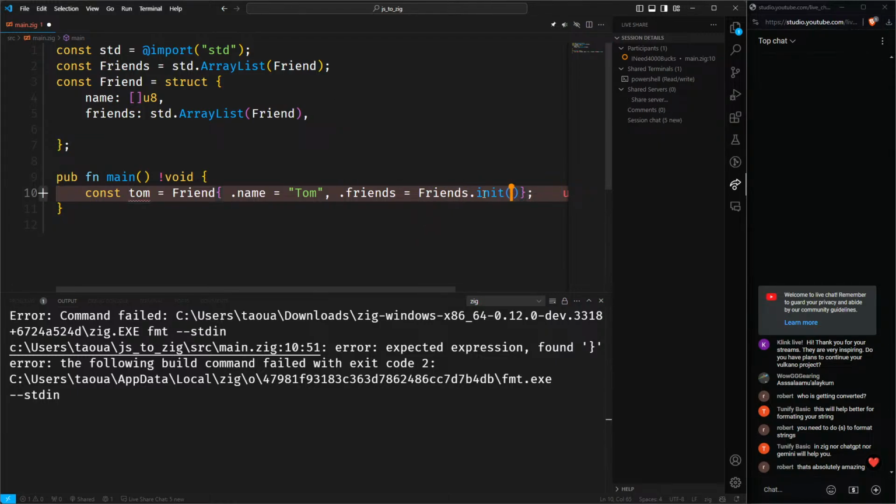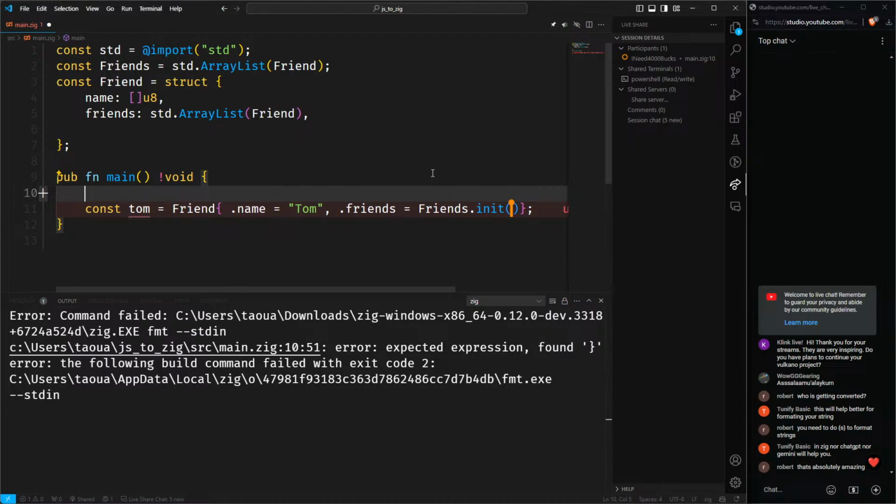And I think you're gonna need an allocator there. Okay, great. So the thing about Zig is you don't have a global allocator to allocate your memory. In JavaScript, you don't even have the concept of managing memory. You have a garbage collector, so you don't even care about that. In other languages like C, Rust, C++, you have to care about that. But you do have a global allocator there, but in Zig, you don't, so you have to make your own. So say const